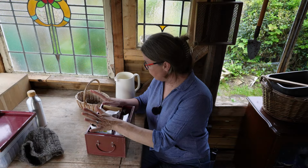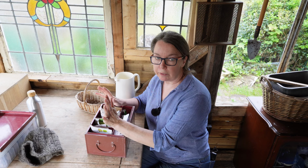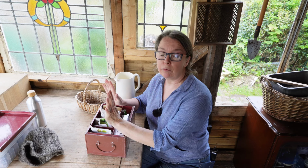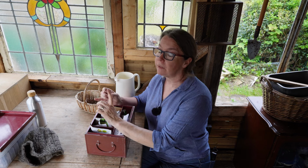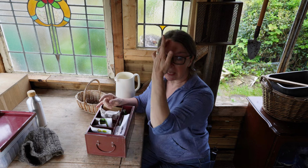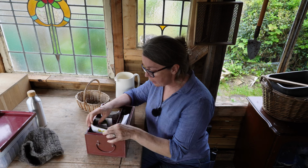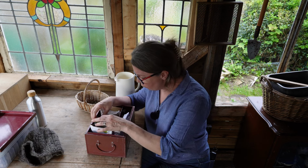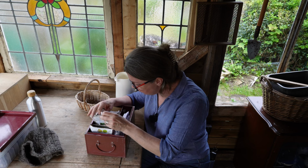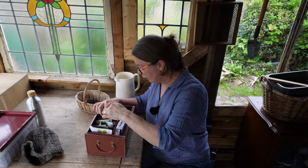Okay, so I've decided on the new frame that we've put up. I want to grow some alderman peas because they grow really, really tall, and they are without doubt not just the best peas I've ever grown, but the most successful. They grew absolutely beautifully, and I don't know if I passed some on to Rue, but I know Rue has passed some back on to me, but I know I've also got a packet in my little pea and bean